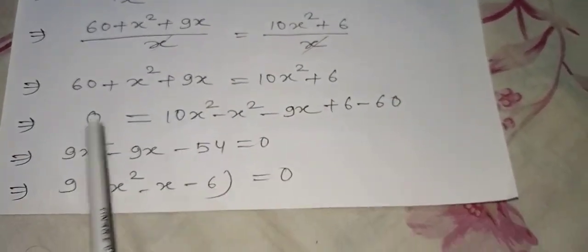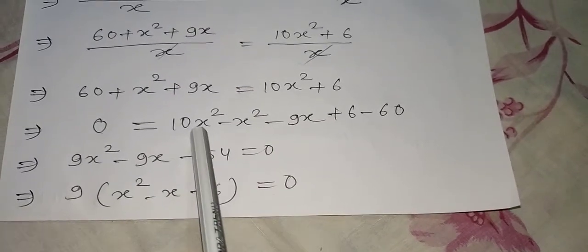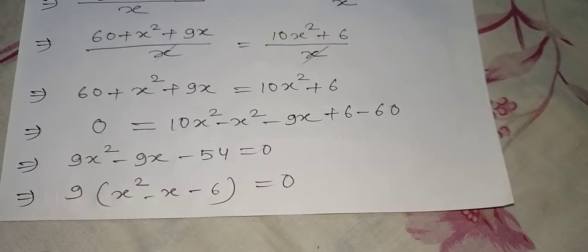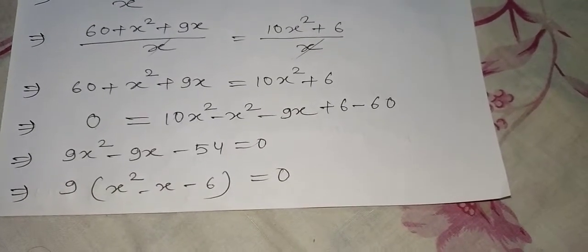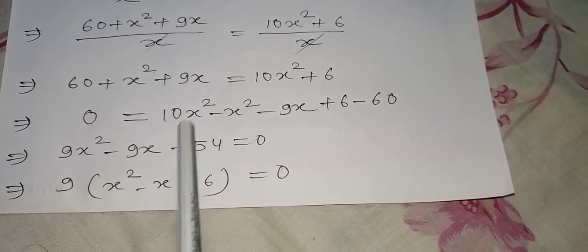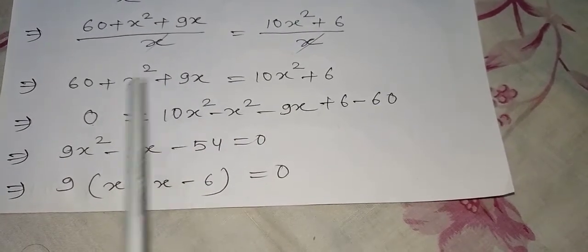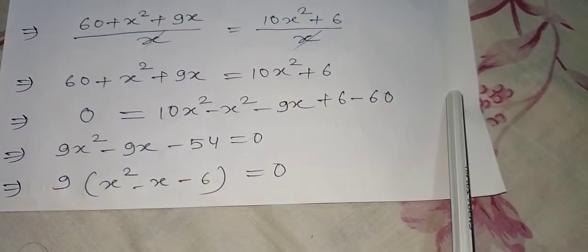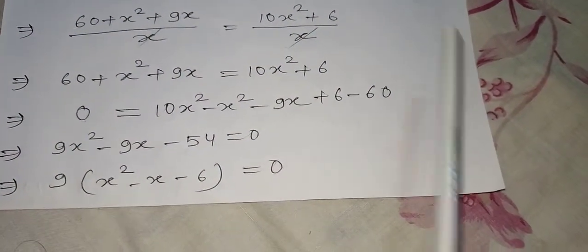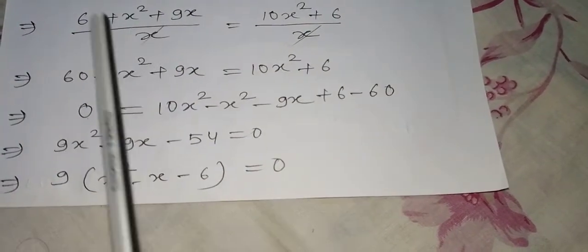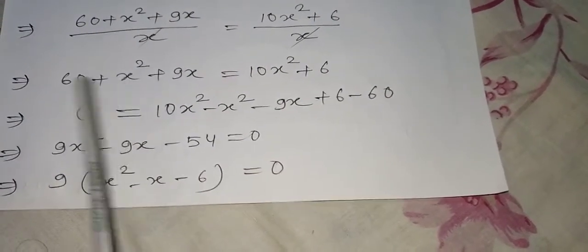Now to make it a quadratic equation, the first term should be the x square variable, the second should be the x variable, and the third should be a constant number, and they should be equal to 0. So to make x square positive, I can see this is the smaller number, this is the larger number. So what I did, I shifted everything from the left side to the right side. Every number got its position changed from left to right.